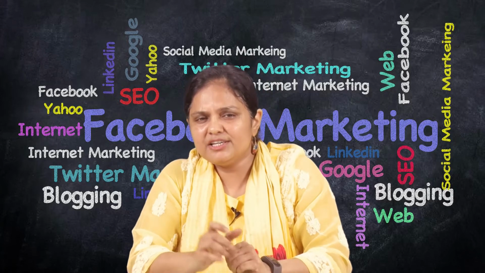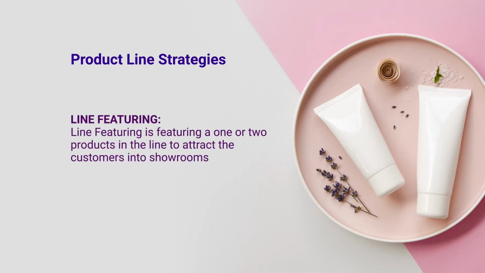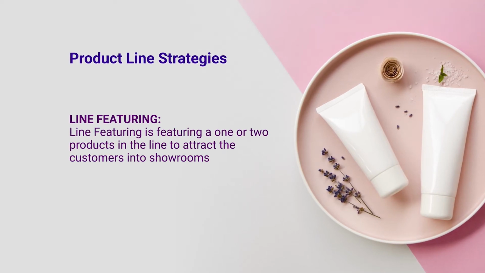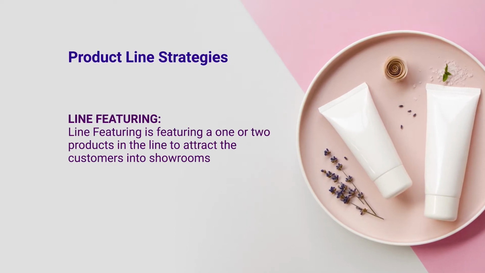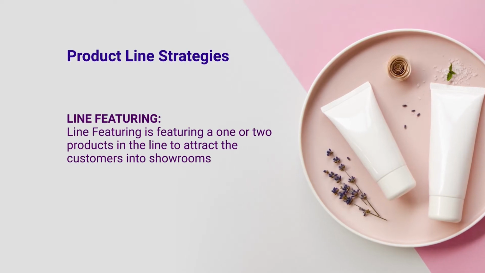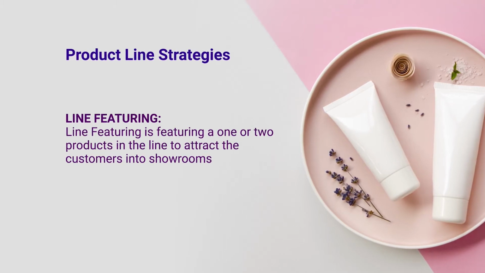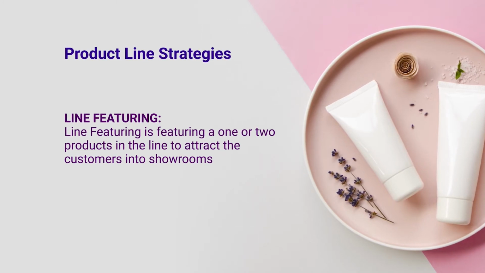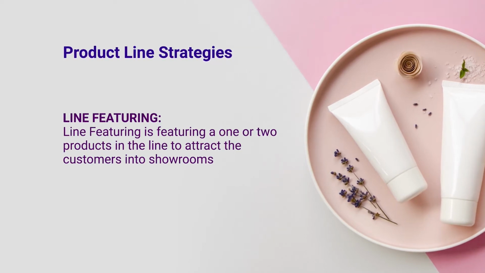Then comes a very tricky and important strategy which is called line featuring. Line featuring is what? When you have a product line, and in the product line similar kinds of products are there, right? So when you have one product which is highly in demand in the market, at the same time, to fill the gap with the objective of line filling, you try to introduce some other products which are maybe a little higher in price. So how to get customers for that highly priced commodity that you have recently introduced in the market? For that you do line featuring.